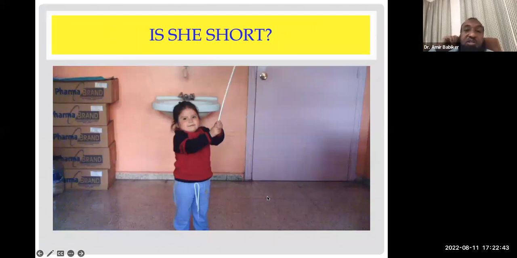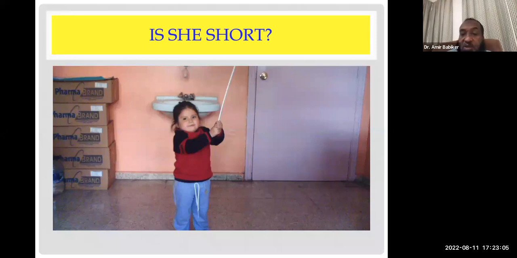Now, if we ask a question, is this girl short? Obviously, we cannot answer this question without knowing how old she is and from which background she is. I mean, in terms of her father and mother height. So we know her family target potentials, the mid-parental height. We'll talk about this in a minute. So it's not easy to answer questions sometimes without background information. So it will be a matter of guessing. We'll come back to this scale again later.